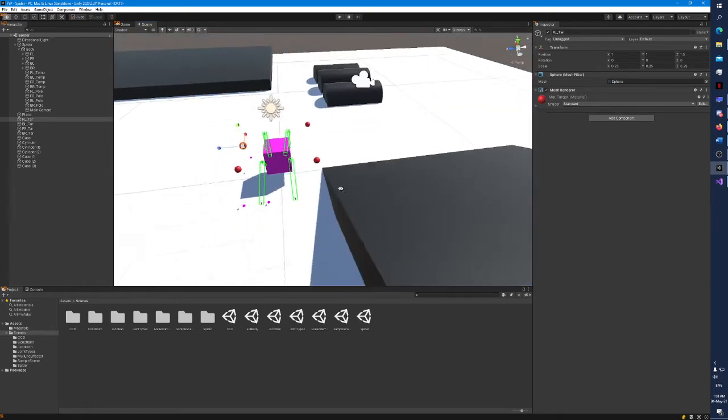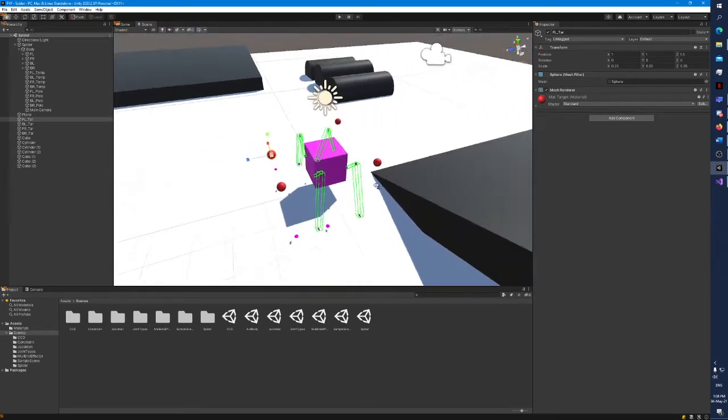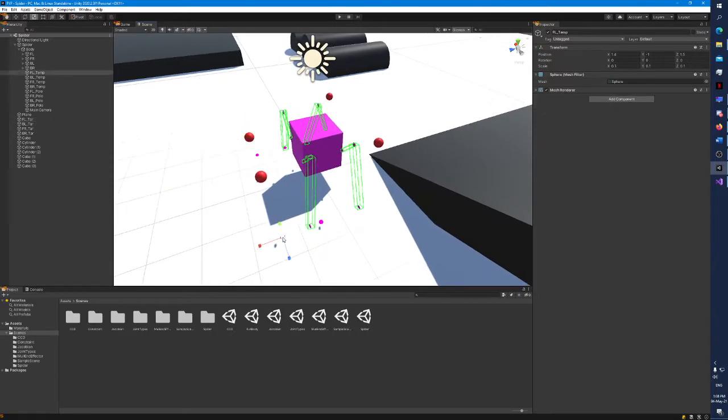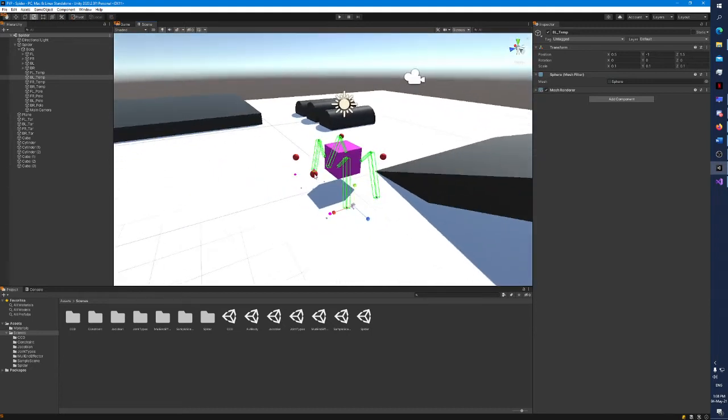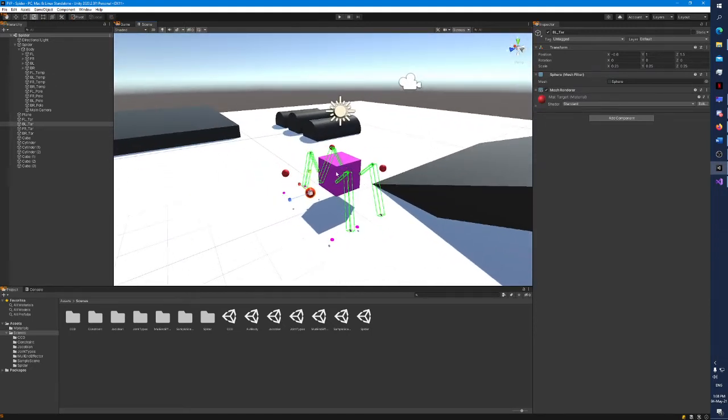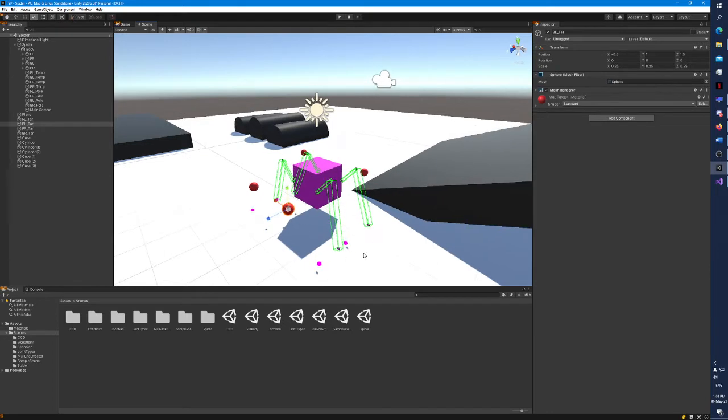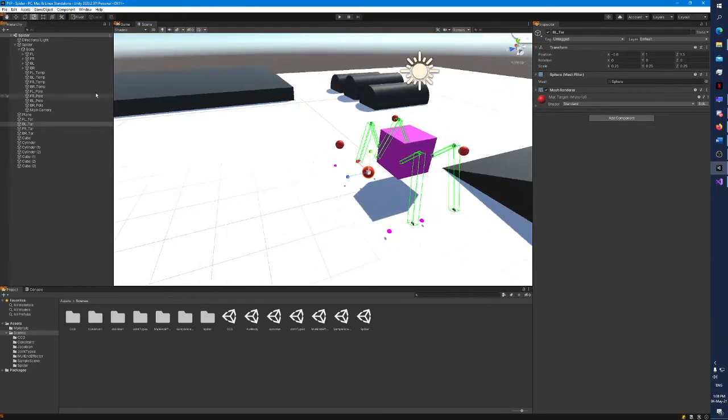So what we can see for this entity anyway is that we have some targets here, and this is projected down from the body. And what happens is we move our end effectors of each leg towards these targets here, and these are updated based on